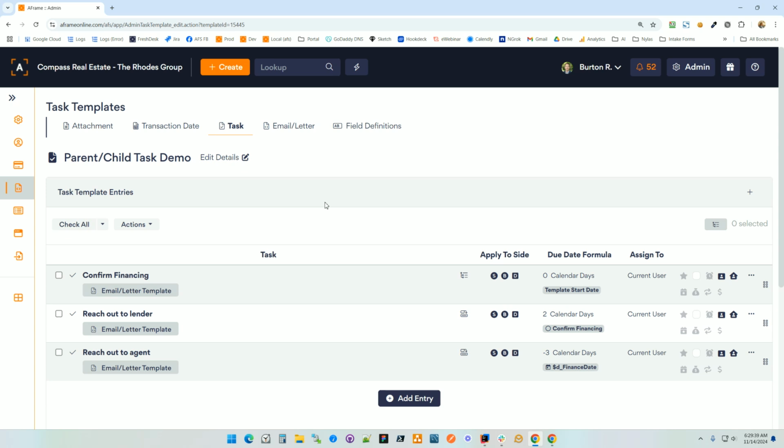Clearly you can apply this template to a transaction. I won't go into the demo of how it works, because once you set these up, you should understand it. But in any event, if you do need help, as always, reach out to us at